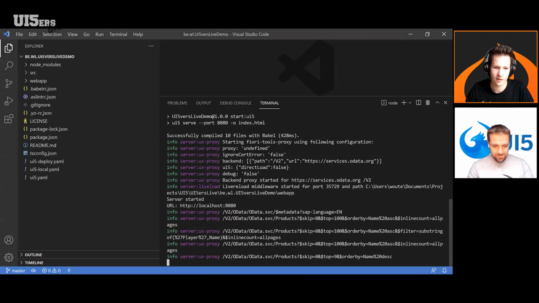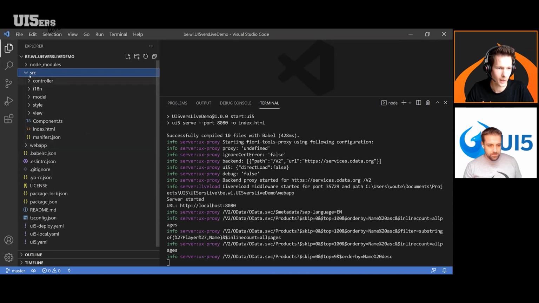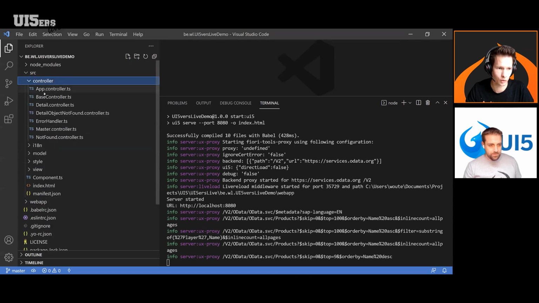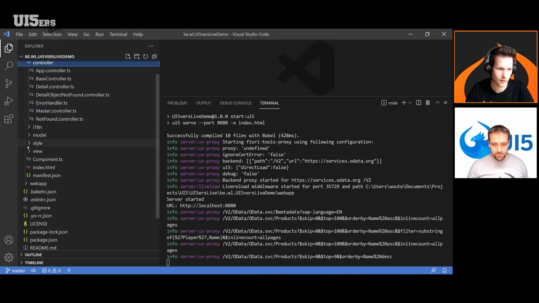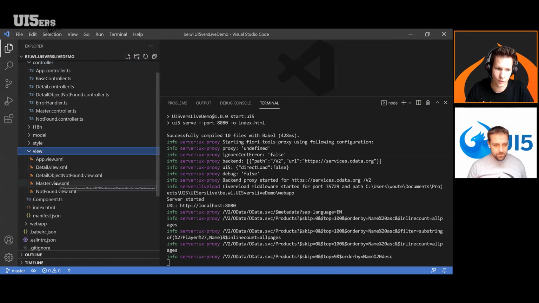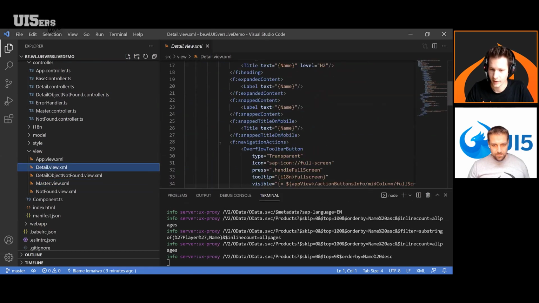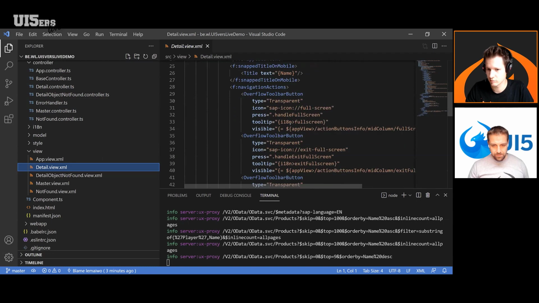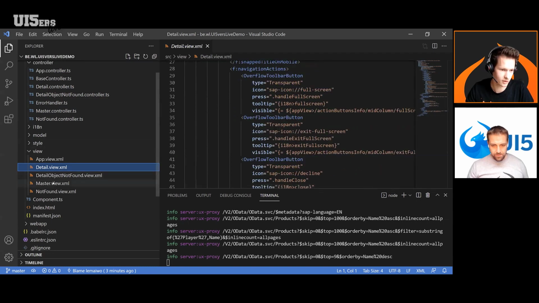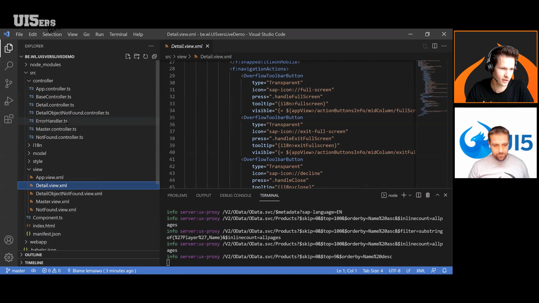So when looking in the template, what's being generated is the source folder and not the web app folder. That's generated by the TypeScript spider. Here, we have a controller for the main, the detail page, the error handler converted to TypeScript. We have the basic views, the master, the detail. I would say, just give it a try and have a look.